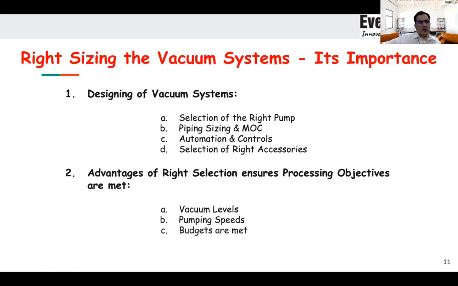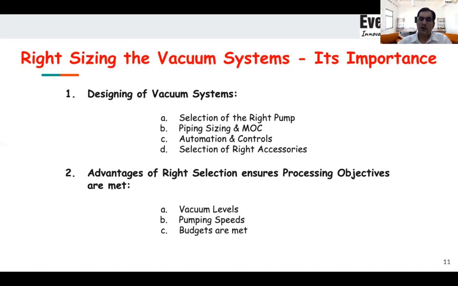Budgets are met. So you can do, say, a job at 5 torr. Now I come across some customers who tell me they want to do this same job that they can do at 5 torr, at 2 torr. And my simple answer to them is that if you want to move from 5 torr to 2 torr, don't assume that you are doing a delta of only 3 millibar. When I am calculating the vacuum system, I will have to double the size of the vacuum pumps because 2.5 into 2 is equal to 5 torr. So I am going lower than 2.5 torr.